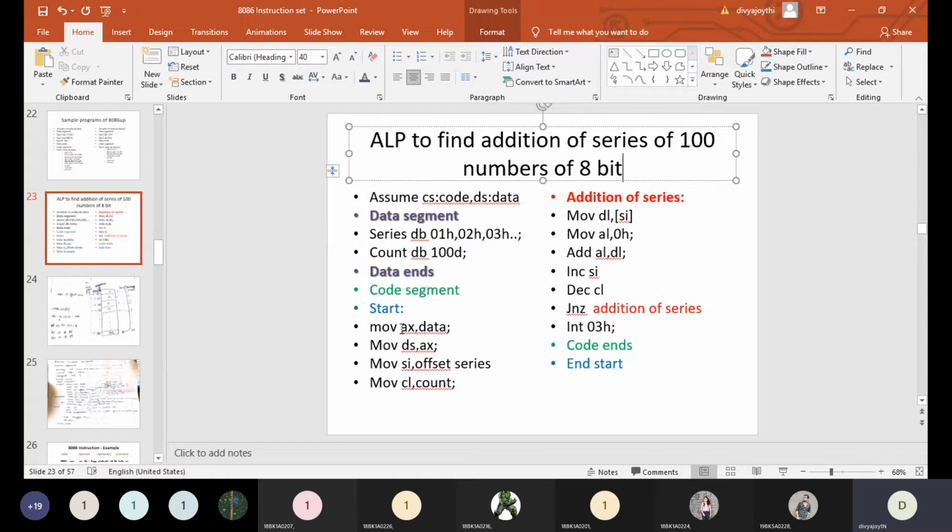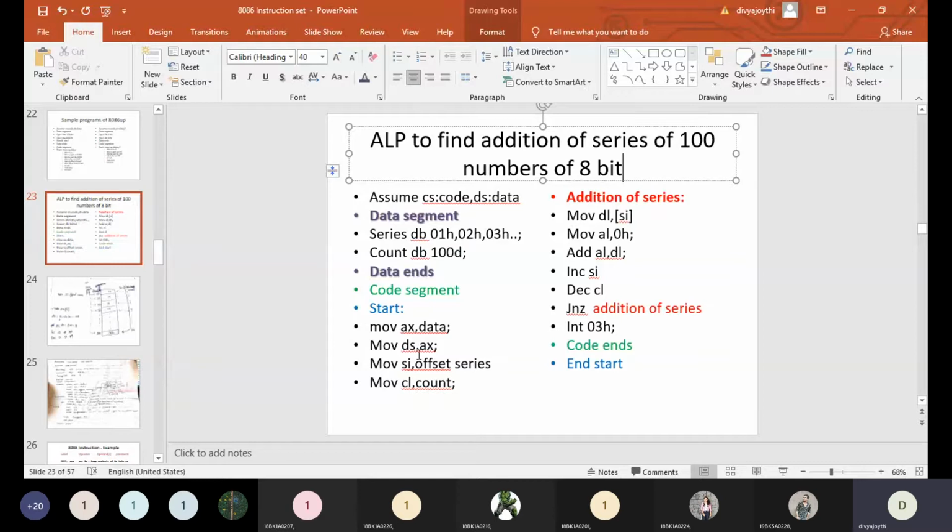See here, the first thing when we start the program is that we need to initialize the data segment. In order to initialize the data segment, these two lines are common. First the data will be moved on to AX, and from AX the data will be moved on to the data segment. Data cannot be directly moved on to the data segment. Data has to be moved on to the data segment through a register. Here I'm making use of the AX register. That is the reason why these two lines are common. So that is about the first two lines.